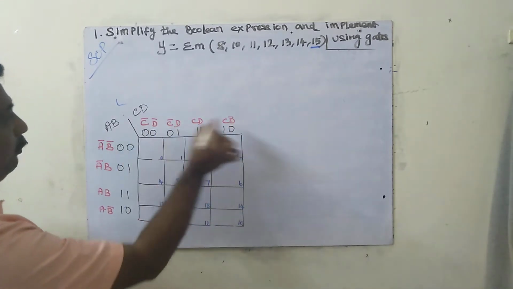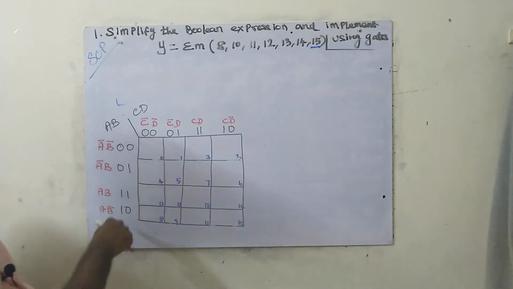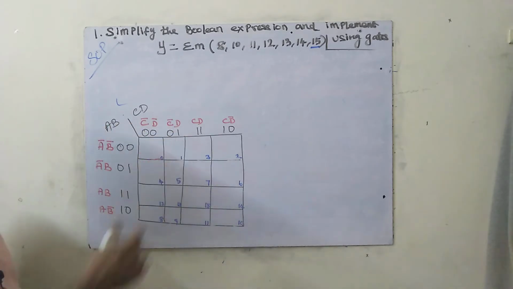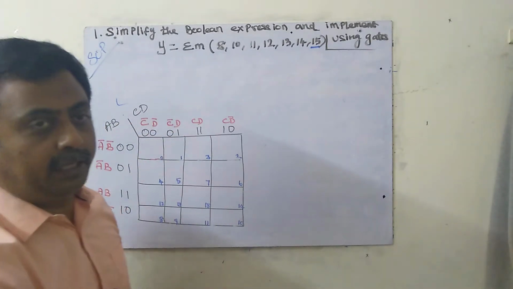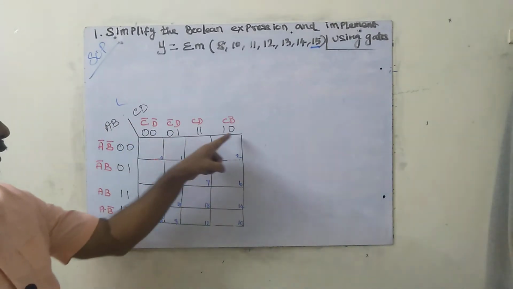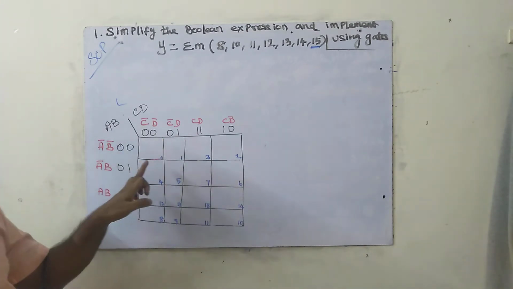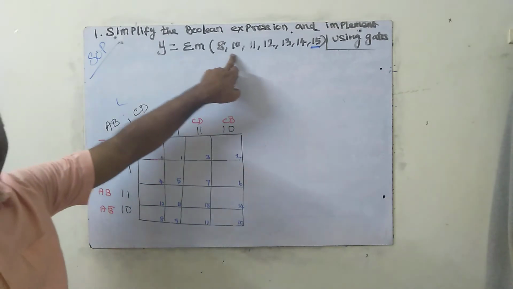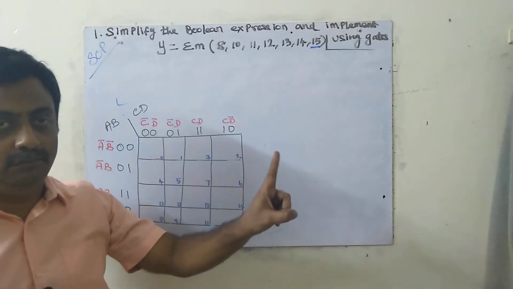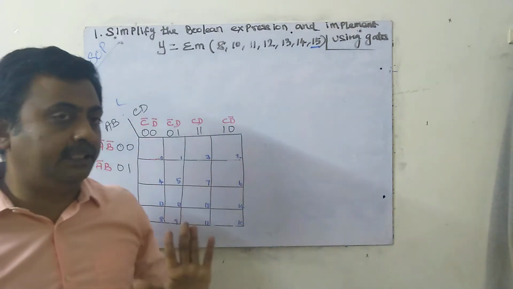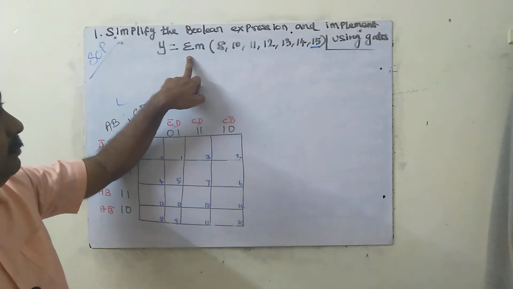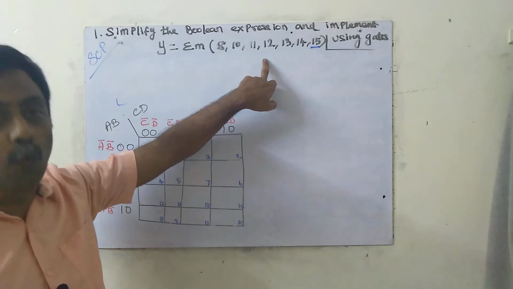From here onwards I am going to write this red color letter only. I am not going to write this other thing, because it is not necessary. We are going to write the equation from this red color only, A, B, C, D, from the alphabets only, but the numericals I am not going to write. So what we have to do: in this location what do I need, 1 or 0? I need 1. So what is the procedure? First we have to check min terms or max terms. Since it is a min term, in this location I need 1.